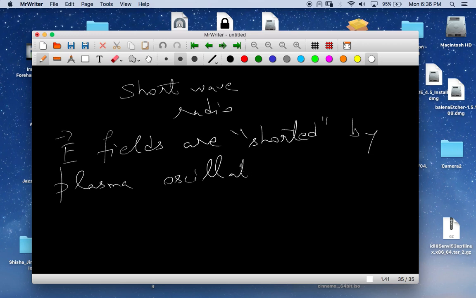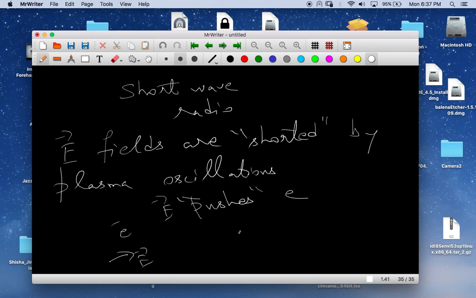How do you understand this? One way of understanding is, what does the electric field do? It pushes electrons around, right? You have an electron, and in the presence of an electric field, it feels a force. So E pushes electrons. Okay, now